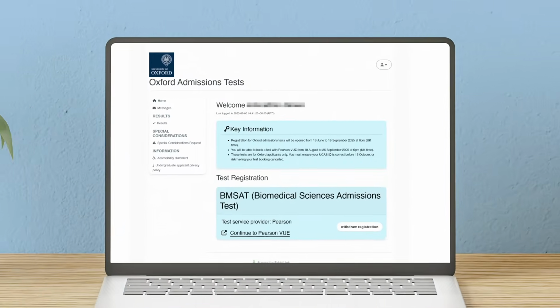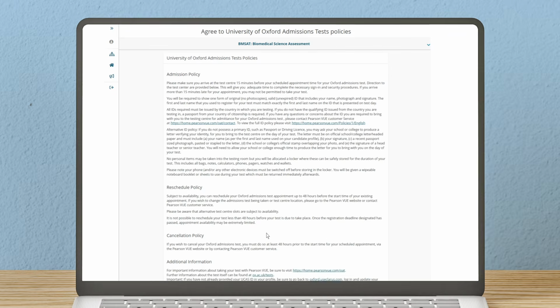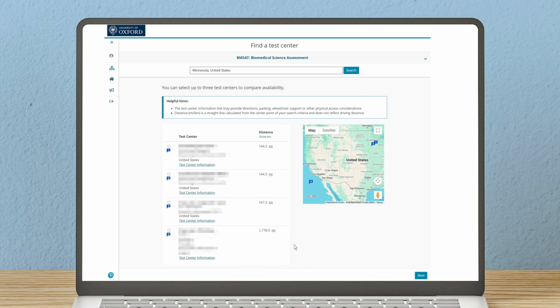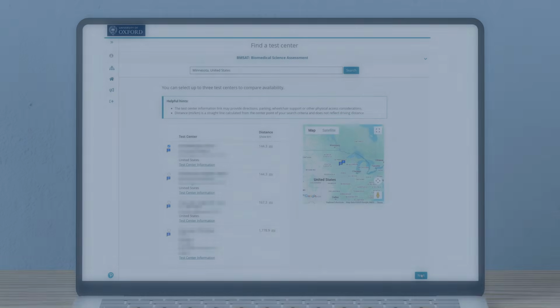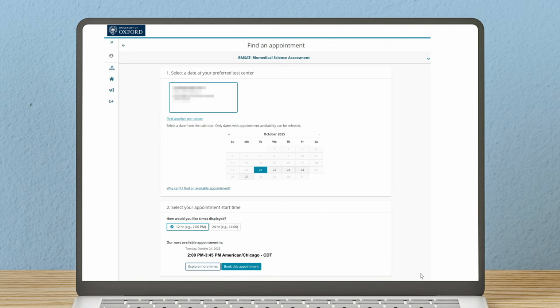On the 18th of August, your dashboard will be updated to include a direct link to Pearson VUE's Test Centre search, where you can select a test centre and book your test yourself. All 2025 Oxford tests are scheduled to take place on particular days between the 21st and 27th of October. Some will only take place on one day. Others will take place over 2 or more days. You can check when your test is happening via